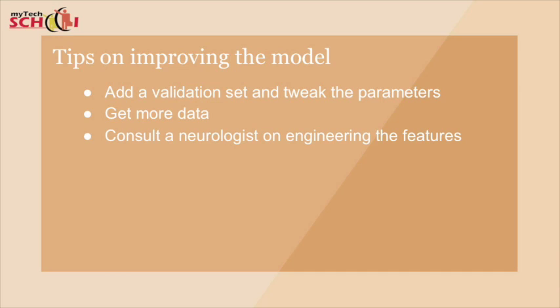And then second would be to add more data. Machine learning does extremely well if there's enough data, just because there are so many parameters and variables involved. So the machine needs a lot more data so that it could detect even the faintest patterns out there in the data. And then last would be to consult a neurologist and collaborate with him or her on engineering the